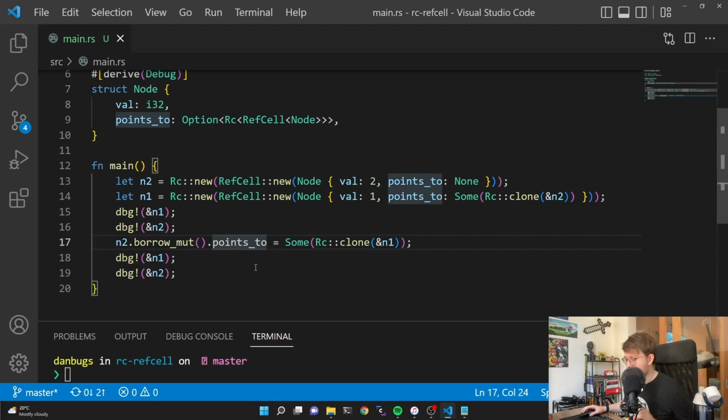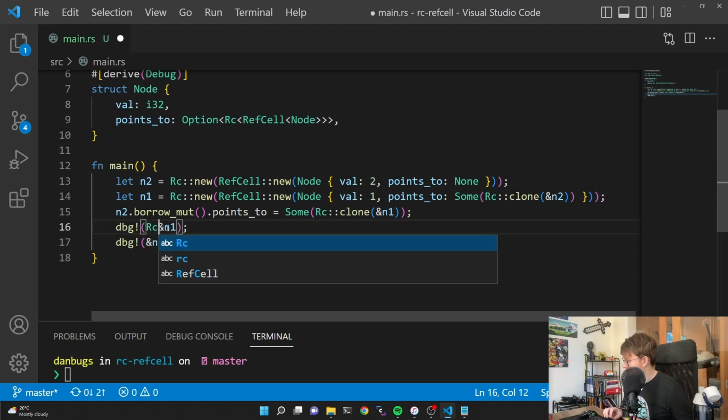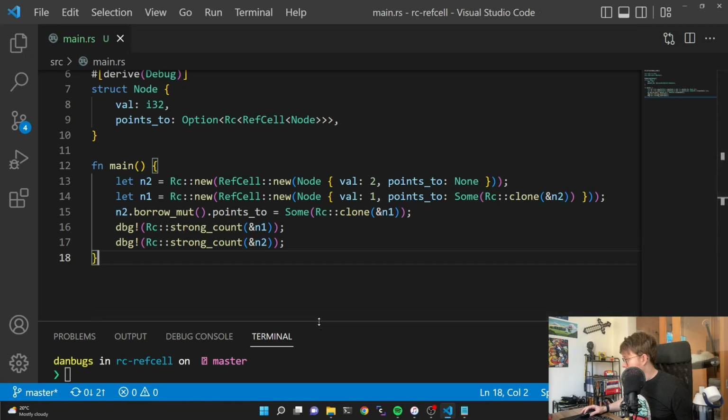Next up, let's do some cleanup of these debug calls. We can delete these two, and the rest of the debug calls we can just change to display the strong count rather than the node. So in here, we'll actually keep that, say RC strong count, and RC strong count. Alright, now running this code,